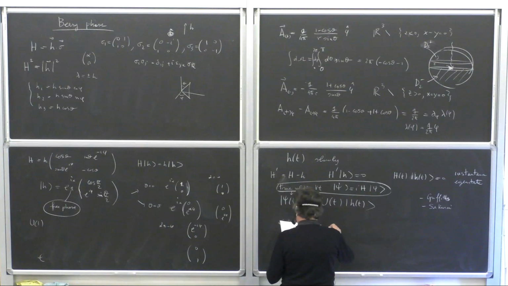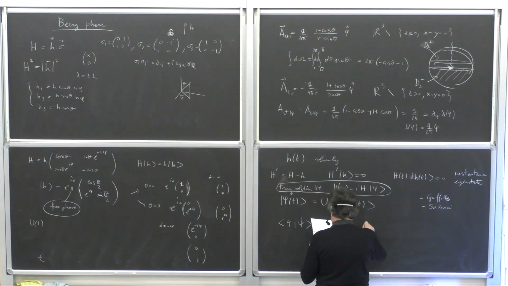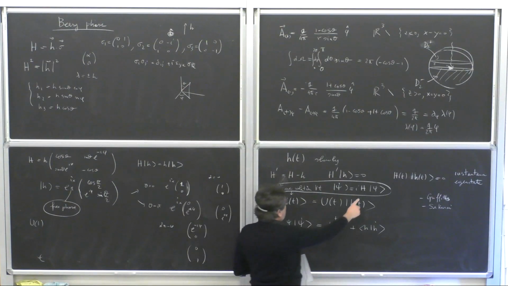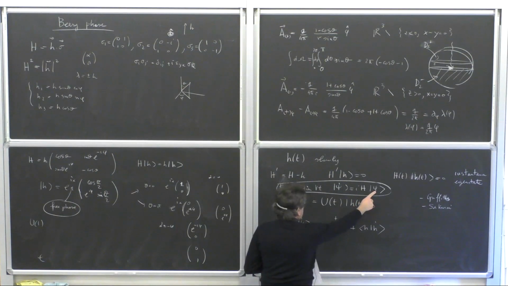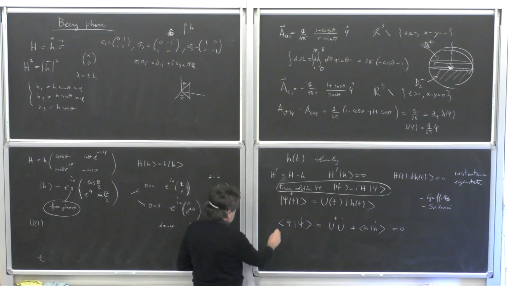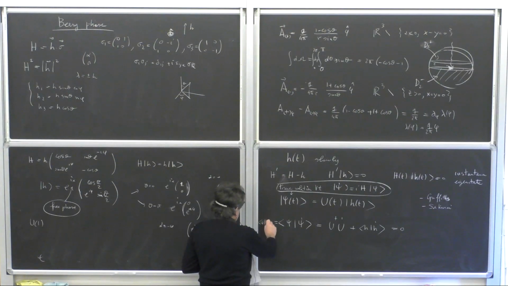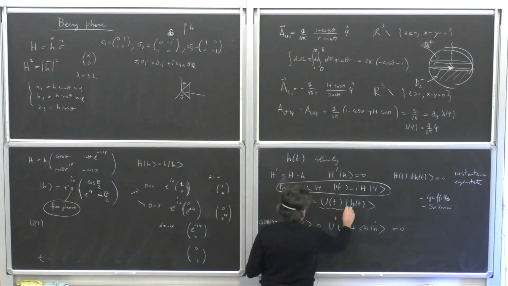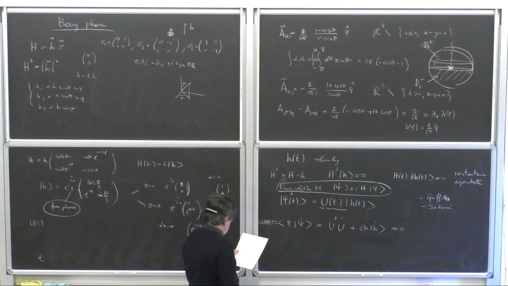So that will be U dagger U dot plus h dot, okay? But because h psi is 0, this is 0, this is 0. Okay, this is psi h psi, it is 0. So the phase I'm looking for is